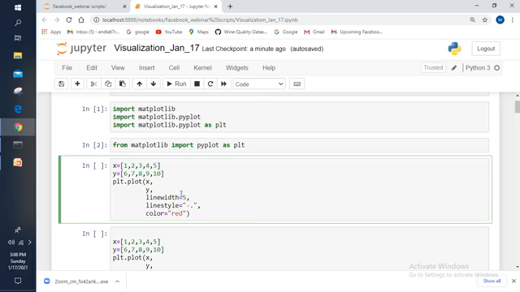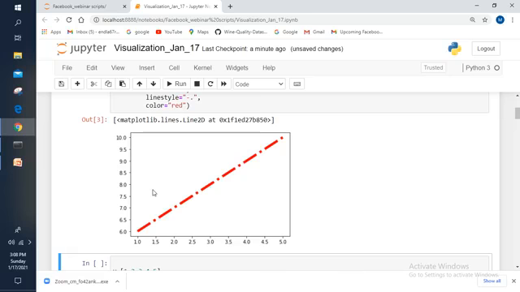Right. Now let me execute it and let us see the results. Yes, I got the line as a hyphen and a dot. Right, this is the line style. But I successfully plotted this plot, but I don't know why I plotted it. What kind of information do I need to understand from this plot? I don't know what you have taken on the x-axis, what you have taken on the y-axis, or why you plotted this plot. I'm not able to get the information from this plot.